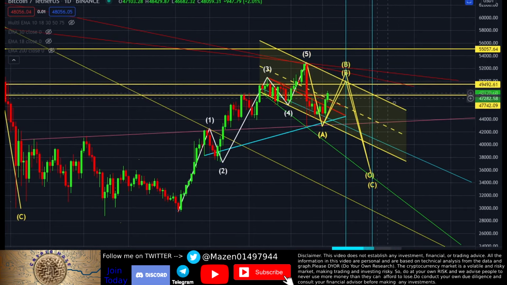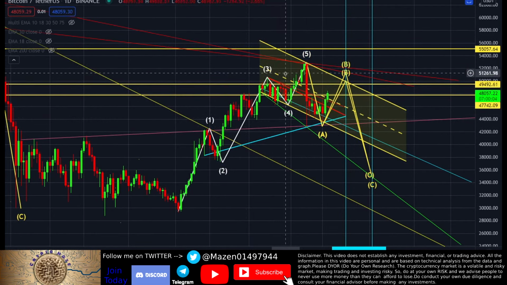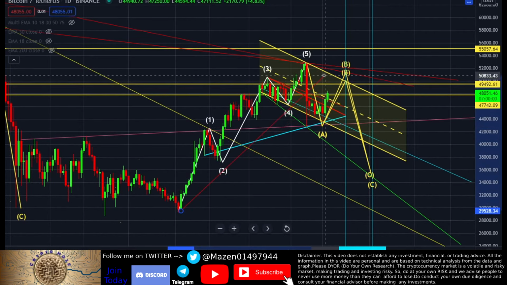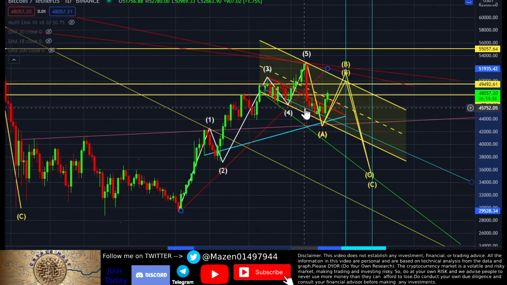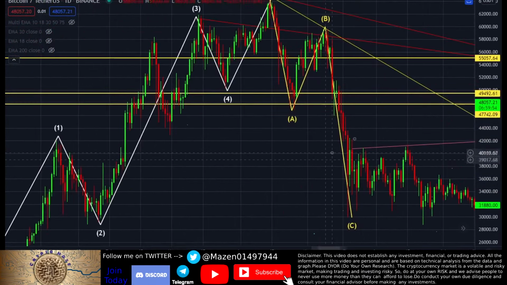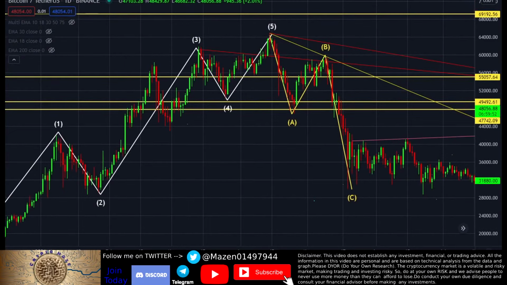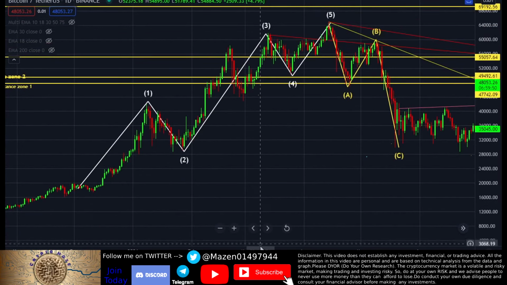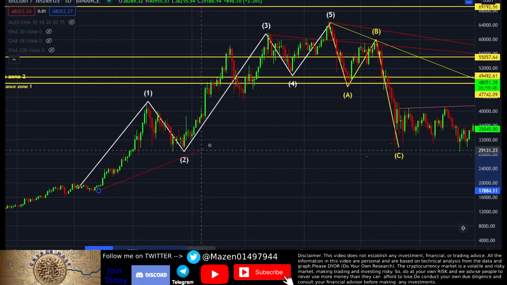Now I drew this parallel channel a while back, assuming that this is a downward channel, because Bitcoin has reversed trend. As you can see here, trend has been reversed with confirmation, with breakdown volume, similar to our first rally, our main rally right here, where Bitcoin as well broke